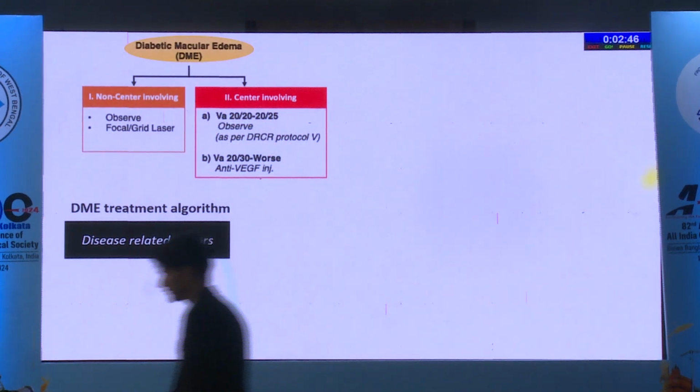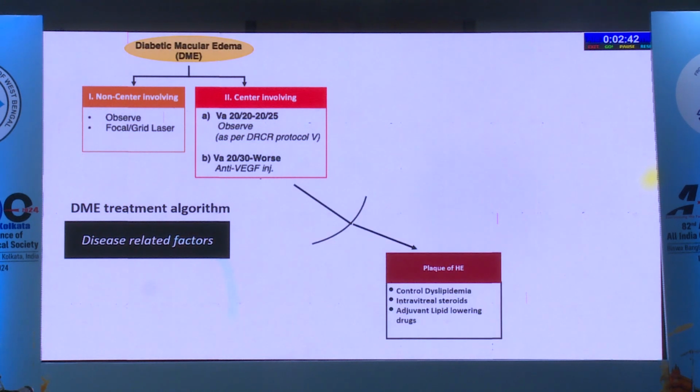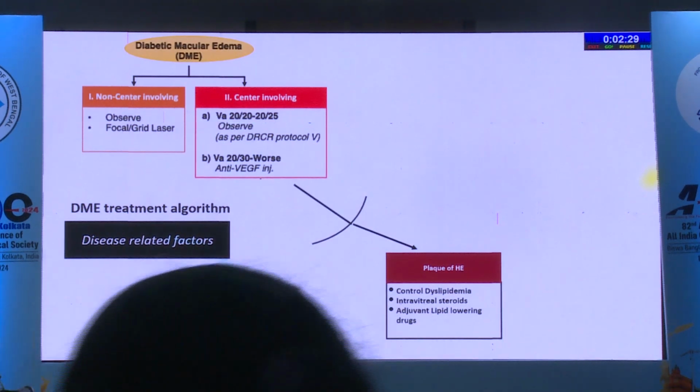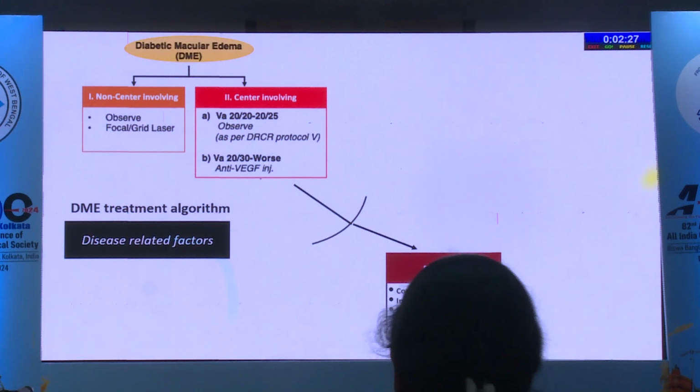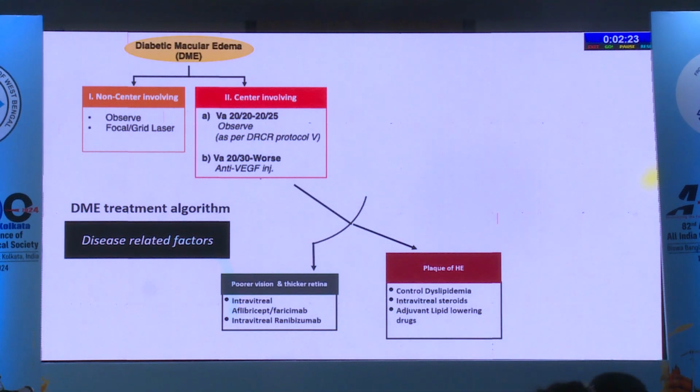There are some disease-related factors. So we had patient-related, eye-related. There are some disease-related, like you have plaque of exudates. Again, important to control dyslipidemia. Intravitreal steroids have shown that they reduce it much more quickly. However, vision-wise, you have to be guarded because even if they resolve, they cause an area of atrophy. A poor vision or a thicker retina, you can consider the newer drugs, Eylea or faricimab, and even intravitreal ranibizumab